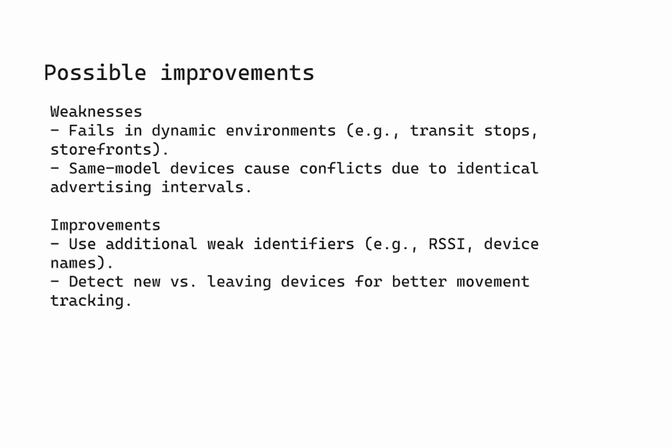The advertising interval likely comes from the hardware that determines it, and if all the devices are the same model of device, then they're likely to have a very similar advertising interval, and that essentially will remove the fact that the advertising interval serves as a good weak identifier because it no longer breaks up the large group into several smaller groups. And to improve upon this, we could possibly introduce additional weak identifiers, such as the RSSI value, which